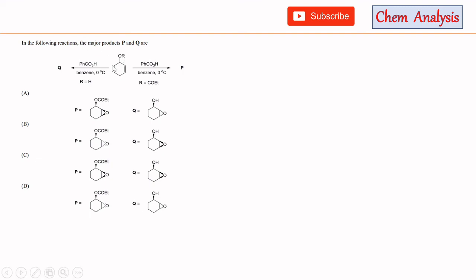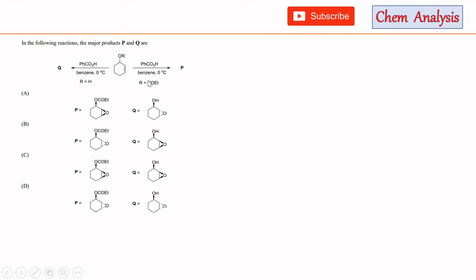Now if the R is hydrogen, that means it is OH, then the epoxidation will occur from the phase in which the OH group resides, and that orientation of the epoxidation will be dictated by the hydrogen bonding of this OH group with the oxygen atom of this peracid. Therefore, the oxygen transfer from this peracid will be from the same phase as that of OH. But if the R is